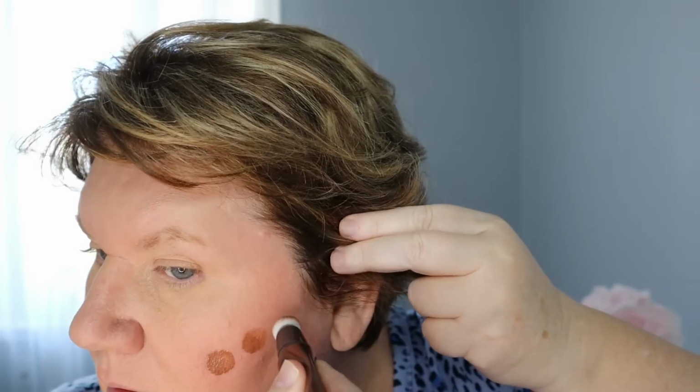So now I'm just going to do a little contouring. I'm using the Charlotte Tilbury contour wand. I've used this before. I usually just like to put 3 dots. I line it up with the corner of my eye, and then the last dot is pretty much in line with my ear. And you gotta work quick with this. I'm just using this brush by Sephora, and I just pull up to work it in. I know it looks a lot darker on the camera, but it's not. It just does a great job of